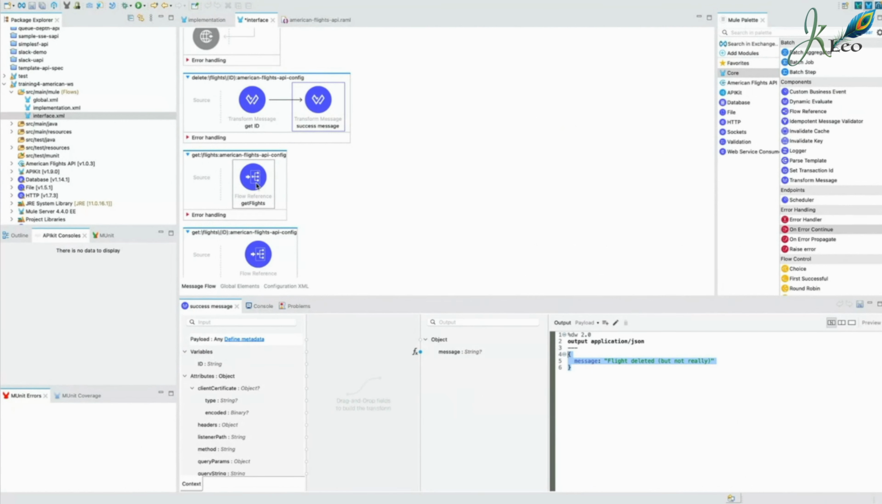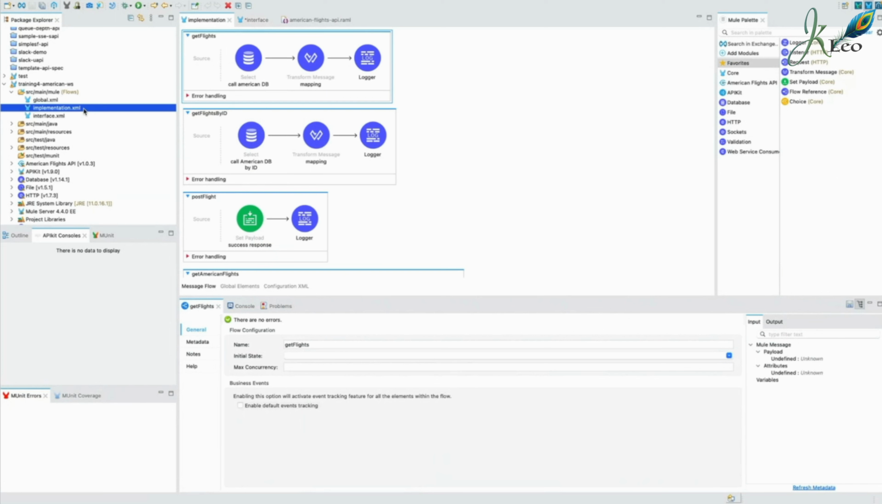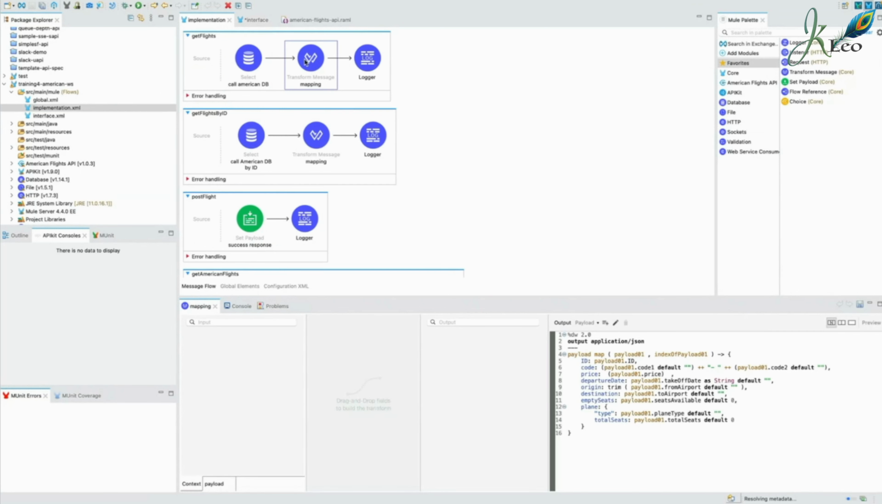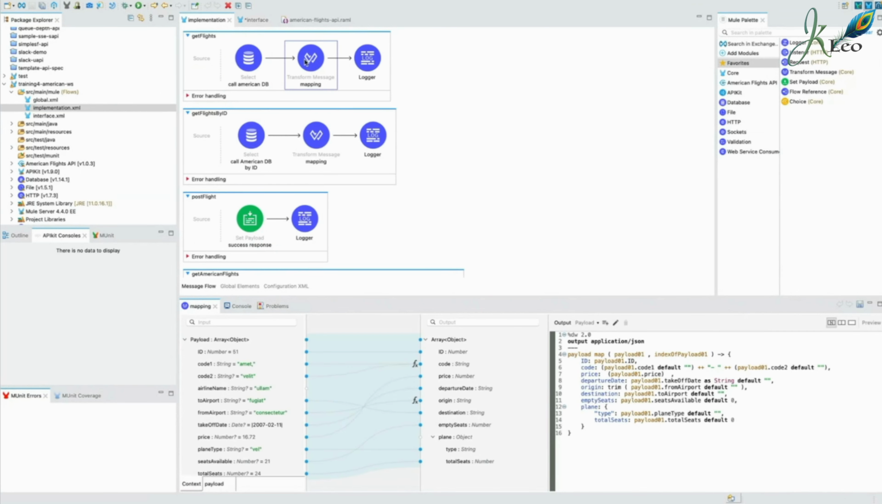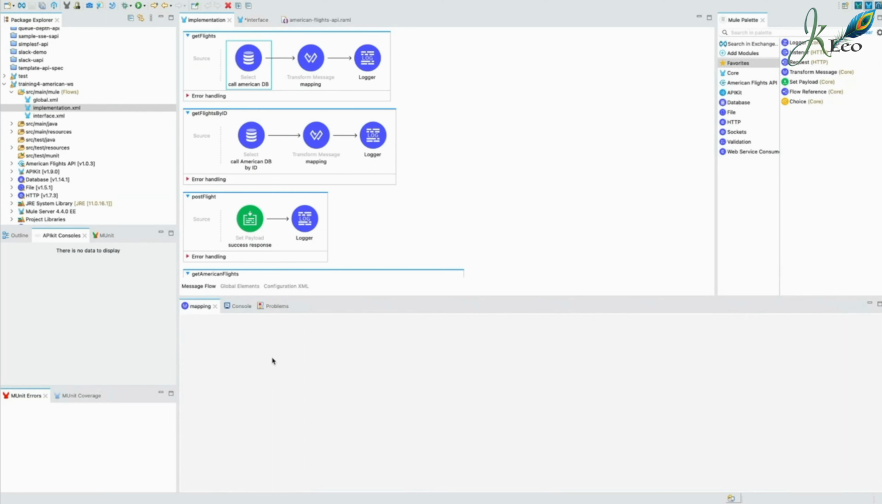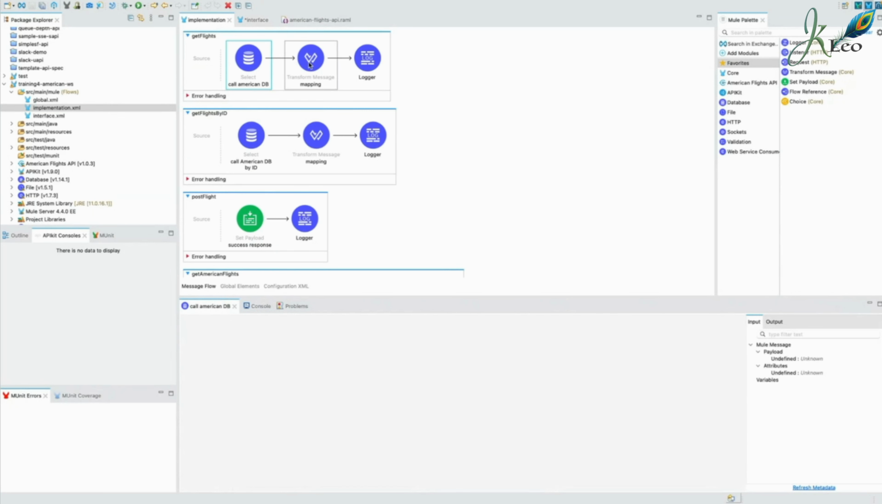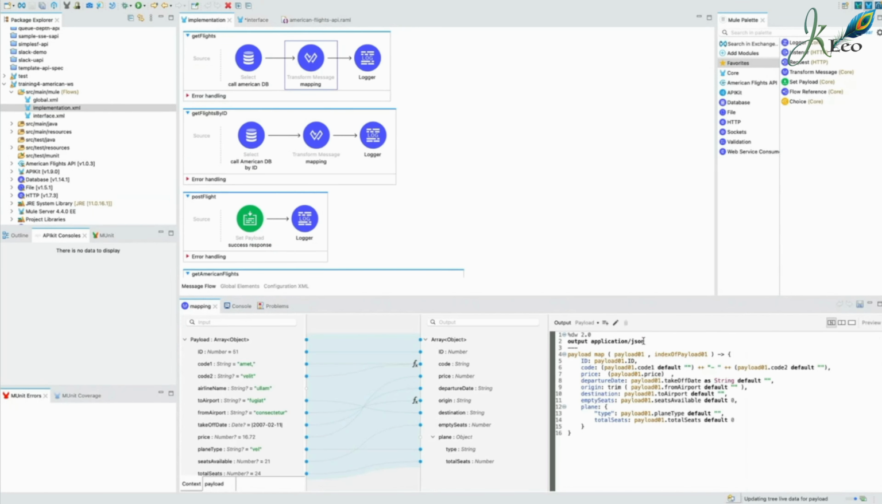But I have implemented and developed this API, and I have put another file here. It's called implementation.example. Inside this implementation.example, I have mentioned all the implementation of that particular code, what has to be done. So for get flights, the first step I'm doing is calling select star from the American flights database and bringing everything. And then once I get the data out of the database, it's not in a readable format. It might be in some other format. So I would like to consume that data and then convert it into JSON format. So this is